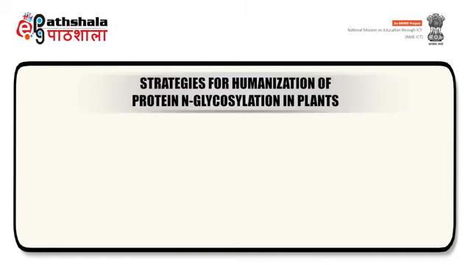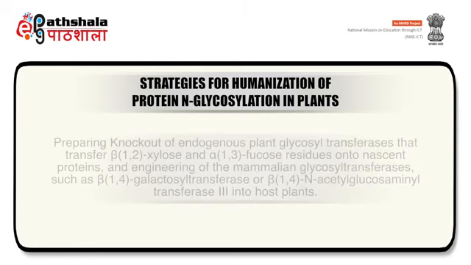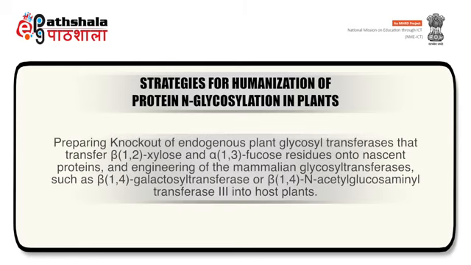Now we will discuss the strategies for humanization of proteins. The strategies for humanization of protein N-glycosylation in plants. One approach is to retrieve the expressed proteins in the ER by adding a C-terminal tetrapeptide HDEL or KDEL motif. The procedure involves knockout of endogenous plant glycosyltransferases that transfer beta-xylose and alpha-fucose residues onto